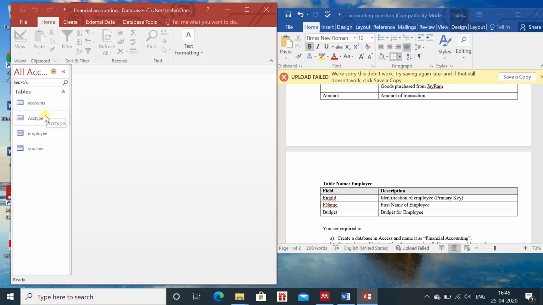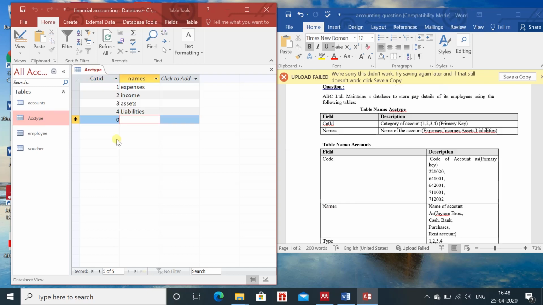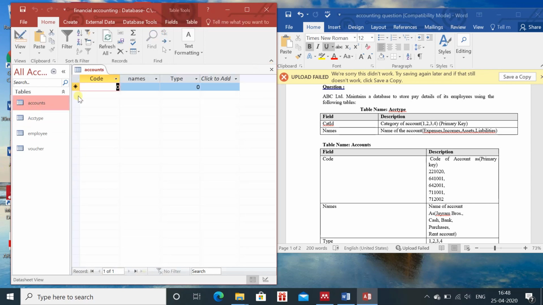Now we are entering the values one by one. So these are the values which we have entered in the account type. So category ID 1, 2, 3, 4, it's already given, and for expense we have entered 1, income 2, asset 3, and liabilities 4. Okay, so we will close it. So now we will move to the next table. In the next table we again have 4 columns, and you can see they have given the code to us, 2221020, right?